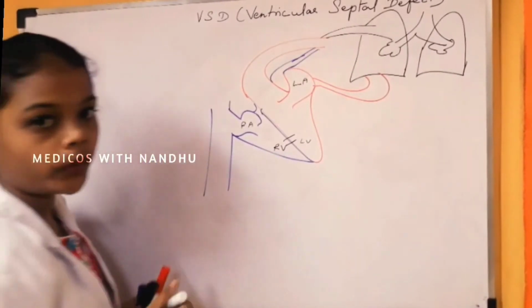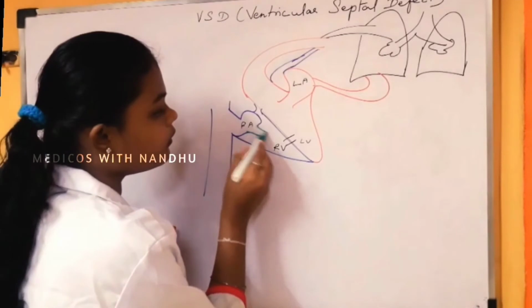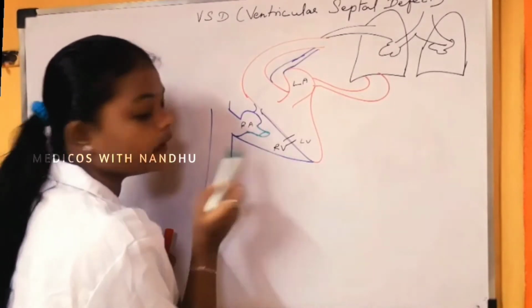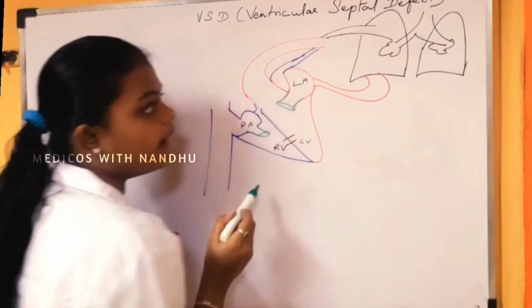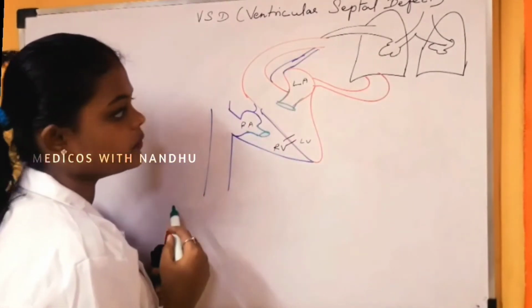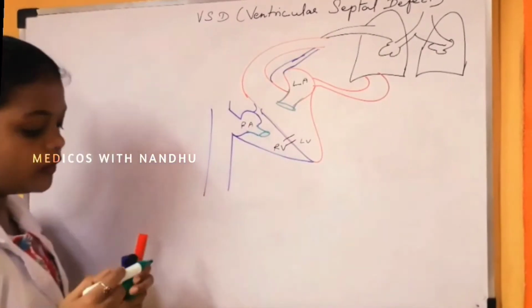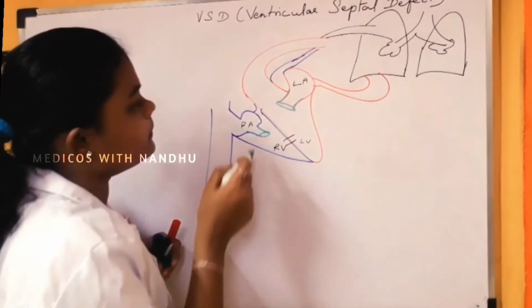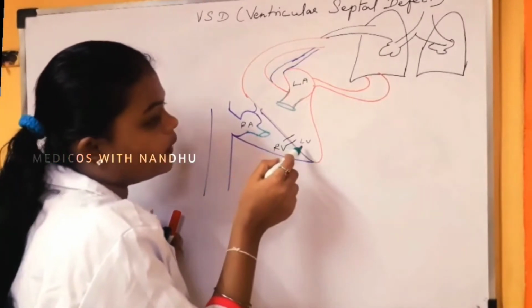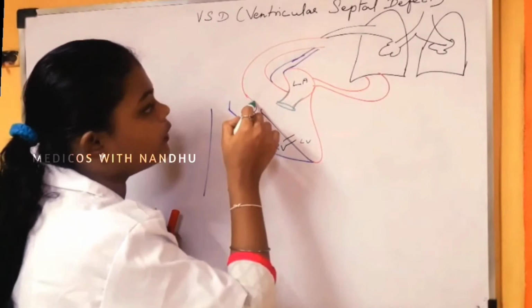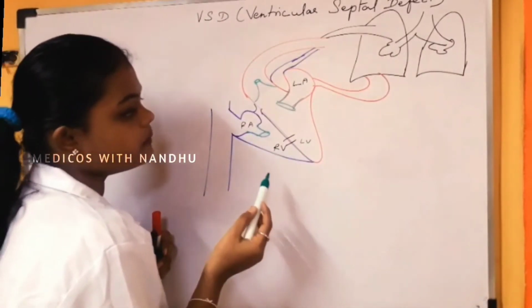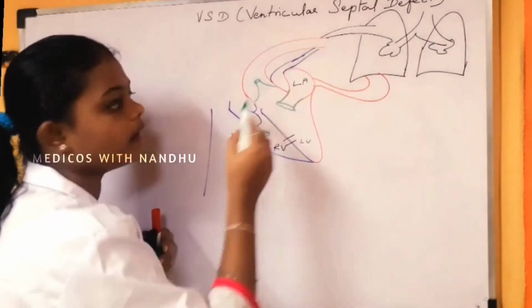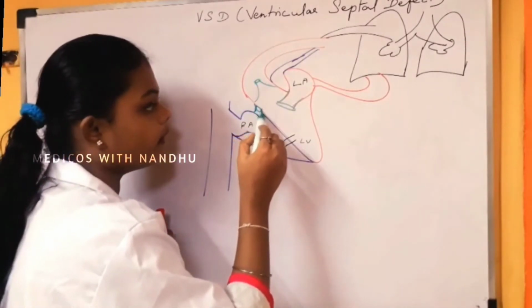Here we have two input valves, the tricuspid valve between the right atrium and right ventricle, and the mitral or bicuspid valve between the left atrium and the left ventricle. And there are output valves: between the left ventricle and aorta is the aortic valve, and